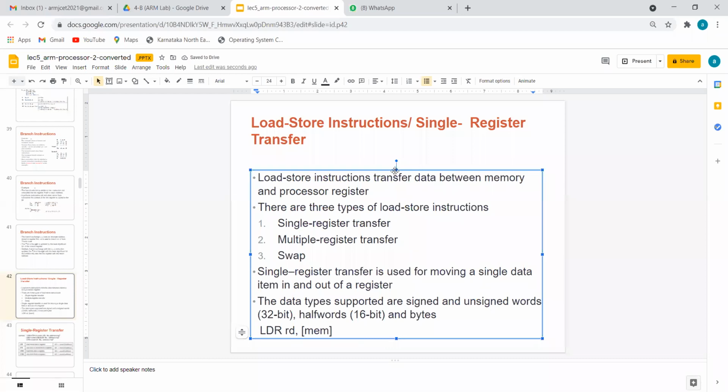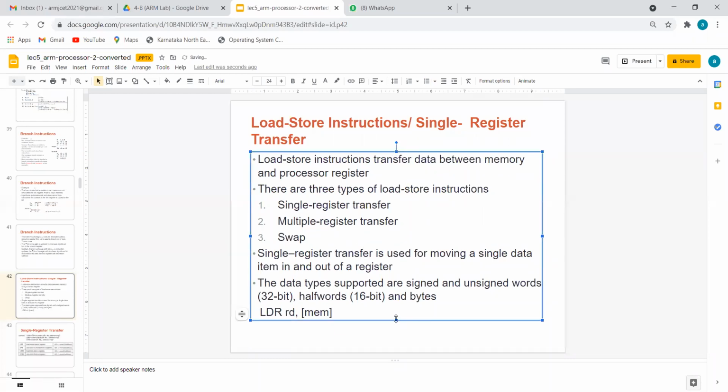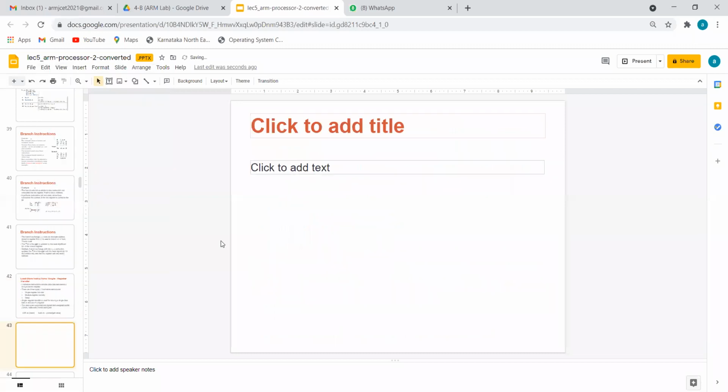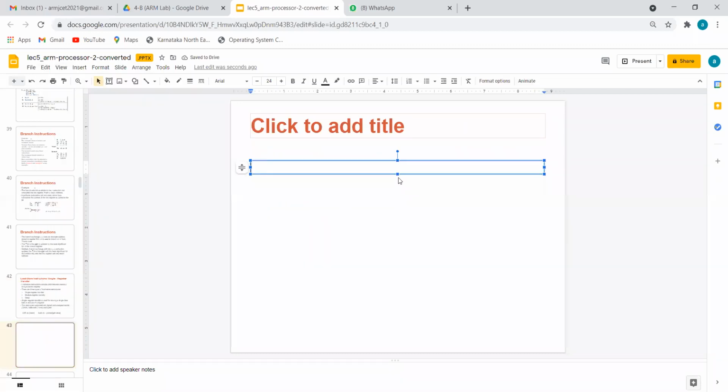Whenever we want to fetch a value which we don't have in a register, but instead have in memory, in that case we have to create one pointer, and from that pointer we have to fetch. It is like this load: there will be one register for storing purpose, and we use that pointer to get the value stored in the location. One more slide I will try to put here.